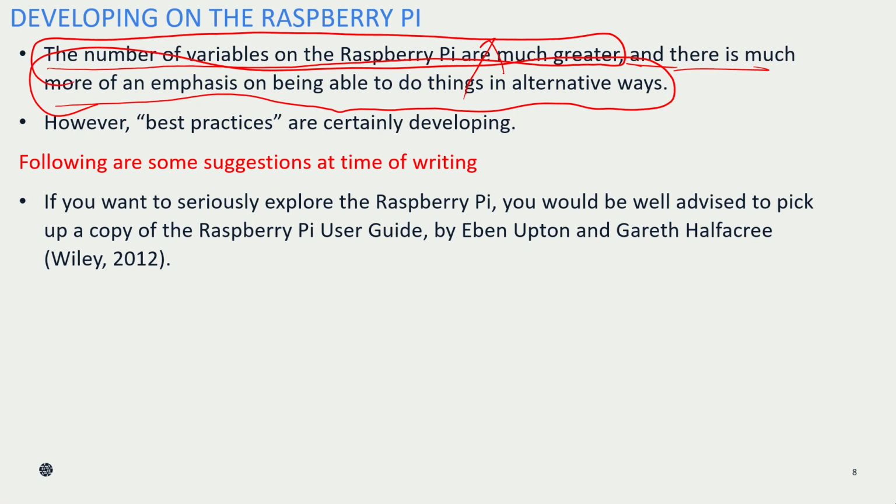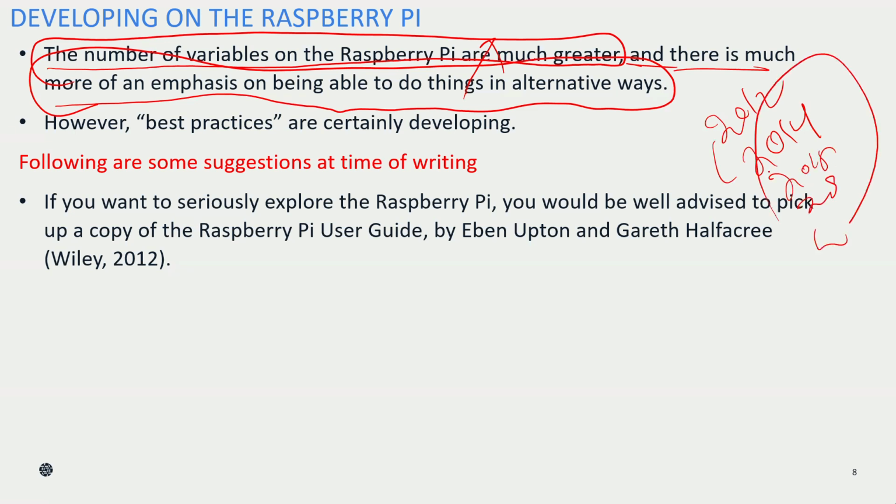But still, till now we have not got all the versions. It will go long, because it came in 2012, right? And after that it brought one version in 2014, then 2015, then 2018, and then 2019, and so on. Means it is still under development. So people are developing many things on this Raspberry Pi.